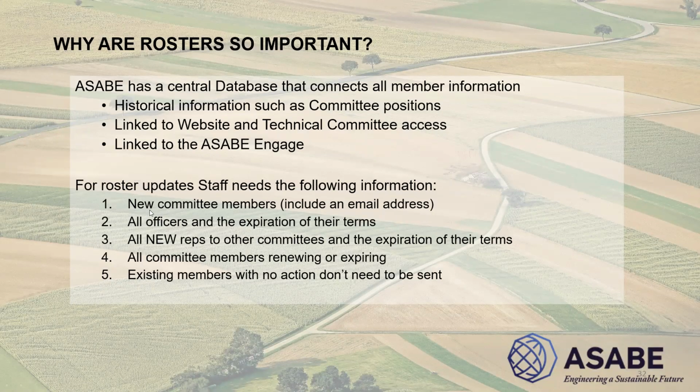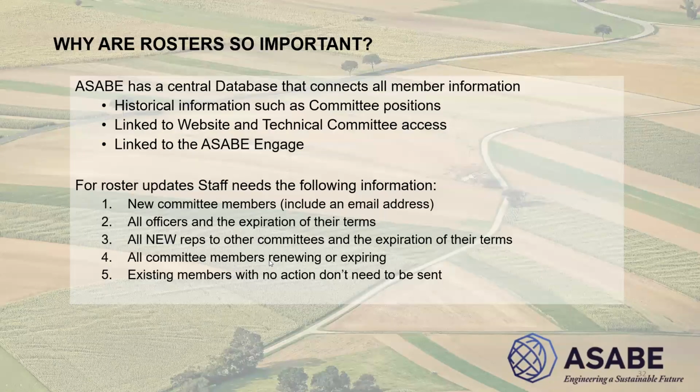So all I want are your new committee members with their email address, because sometimes I get a name that is not the name they've registered with, so I use their email address to find them. I want to know all of your officers and their expiration of terms, their expiration date. Is it 2 years? Is it 1 year? Is it 6 years? Let me know every year. I want to know all of your new reps to other committees and the expiration of their terms. I want to know all of your committee members who are renewing,